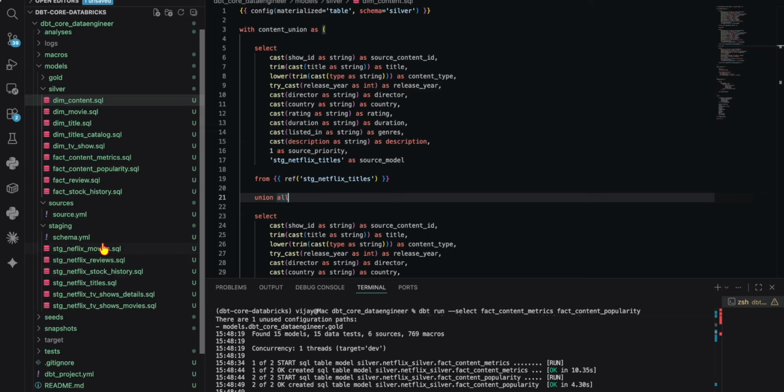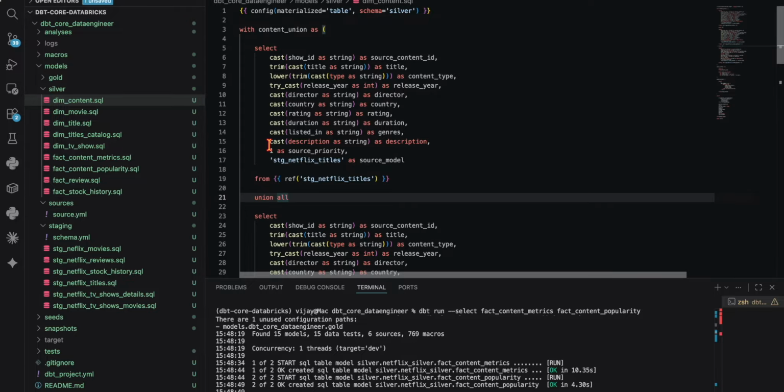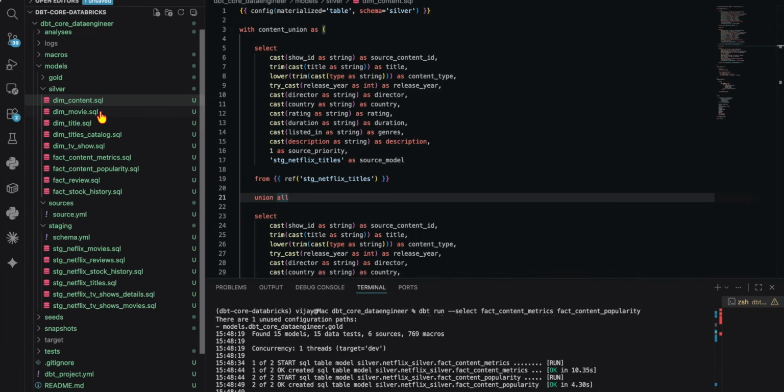But in this case, since this is how real-time projects work, we should check the data first and understand the data. What is the granularity of the data? What is the relationship between the models and tables? Then you can prepare a proper data model. After I reviewed all these files and checked the data, the purpose is the same and the business entity is the same. Rather than keeping them in different models,